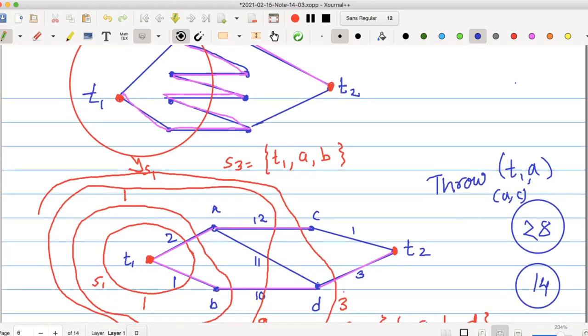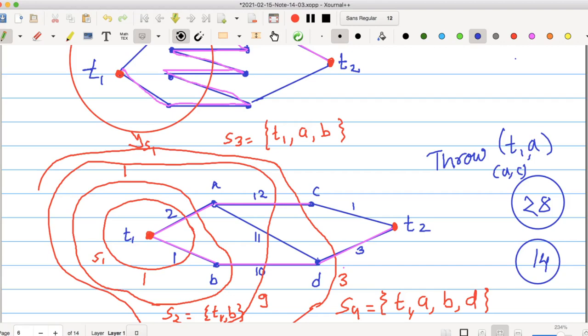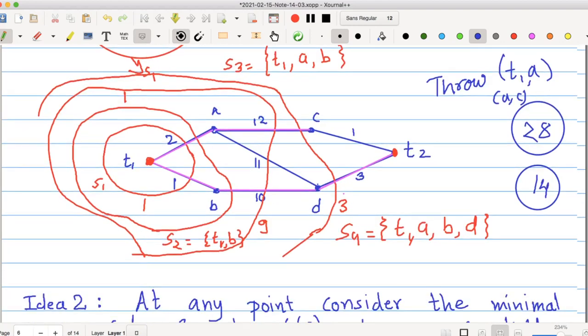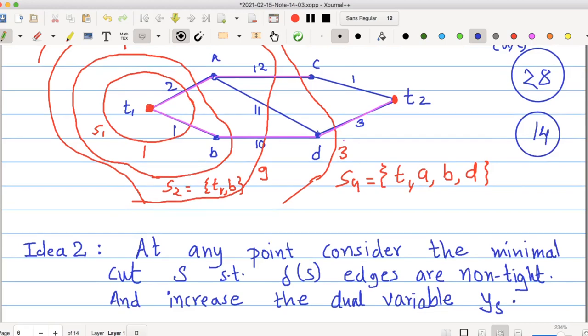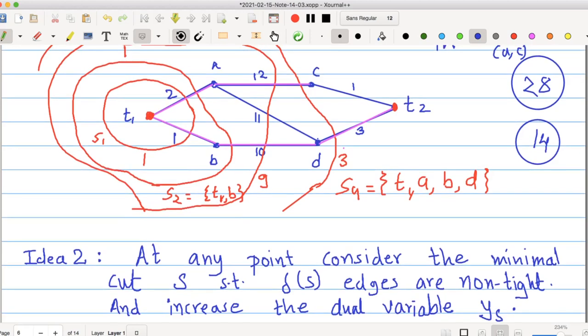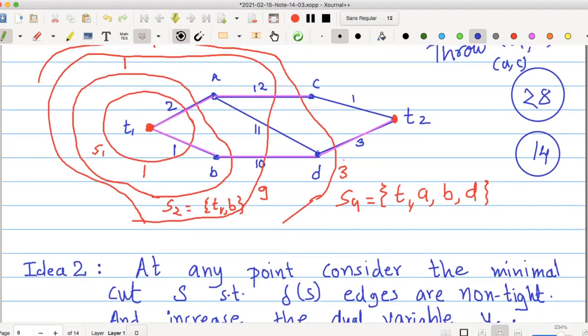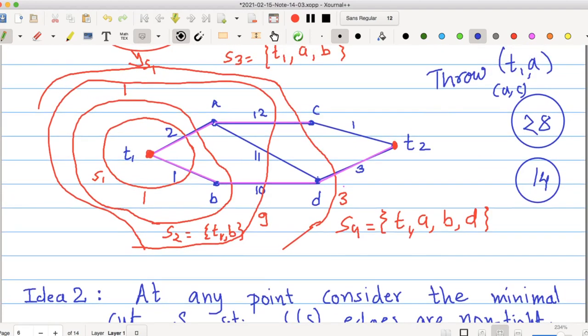So then the next thing we considered was choosing the dual variables in a systematic manner. So this was our idea that we will choose a minimal set. We considered this example where we had two terminals T1 and T2, and then we kept choosing sets which contain T1, which don't contain T2, and they are inclusion-wise minimal sets.